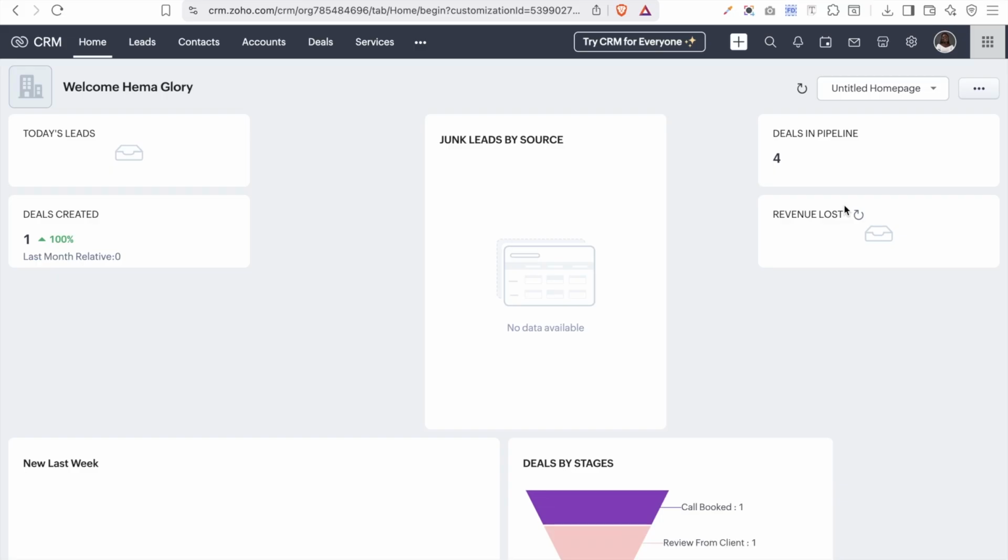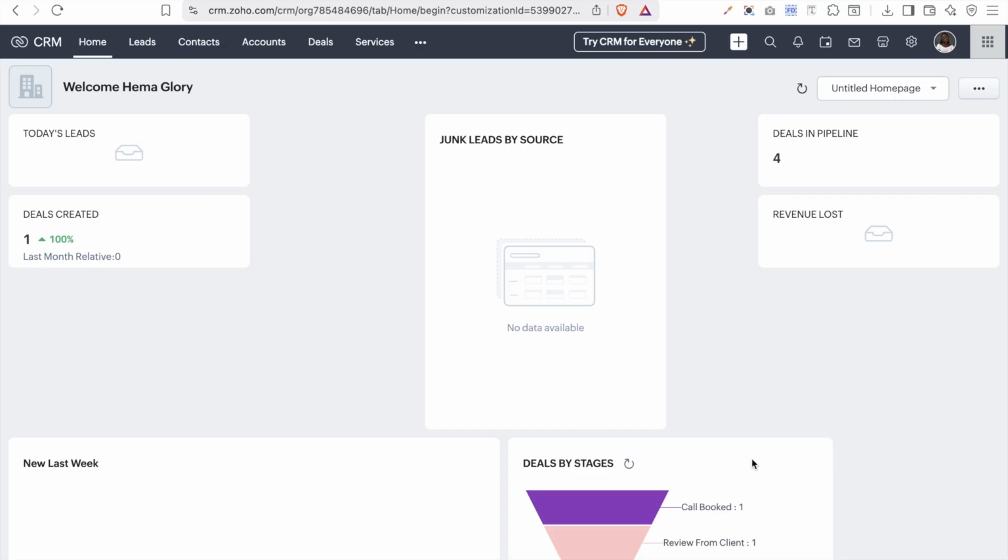So that is it for dashboard, and I will advise that you only keep the widgets you want to use. It is going to be overwhelming when you start adding the widgets you do not need, and it is going to be kind of clumsy. So you want to make sure that you only put in those things you want to see daily, or those things you need to track every time or every day. You just need to put them in on this home page. So that is how to customize your Zoho CRM home page, and actually it is very simple to set up,